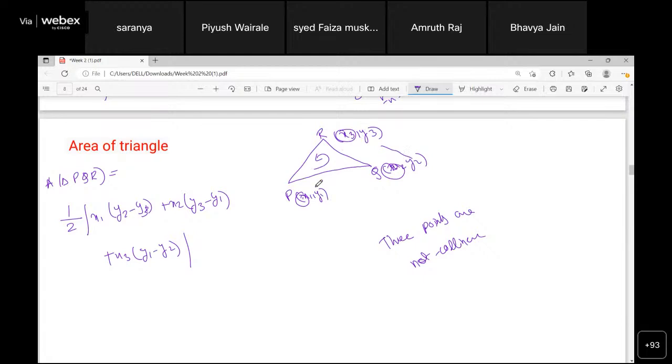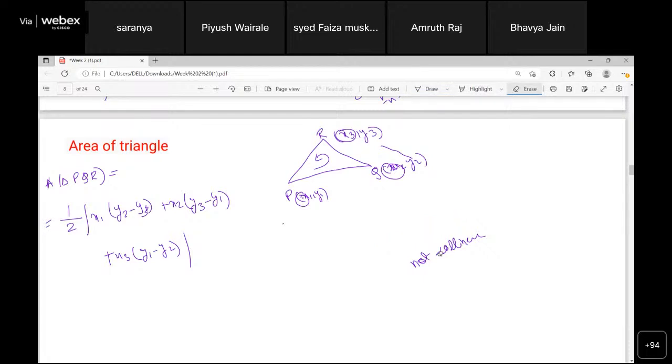So just fix the point in this direction, and you will get the right answer, right? If you do something like y2 minus y1 instead, it will be incorrect, right? Because it will give the negative sign. No, that is not the correct one. Just fix one direction, fix 3 points, and just go in this way. Then you will get exactly the correct answer.